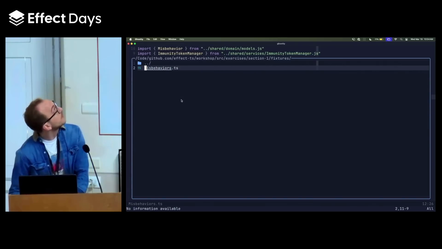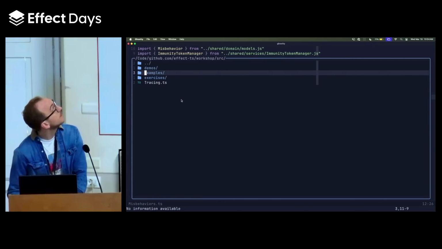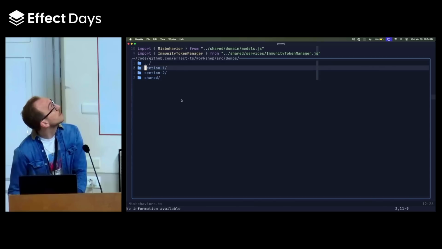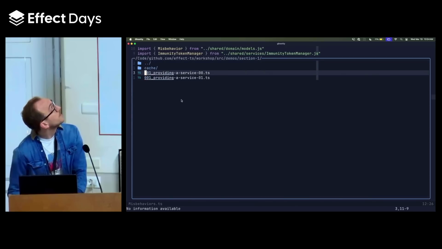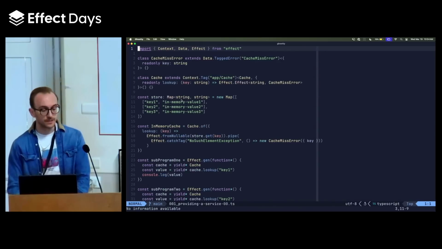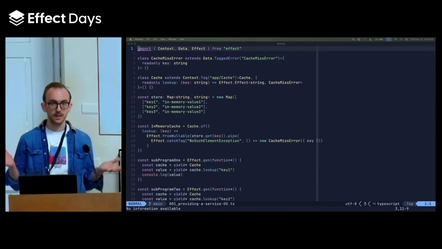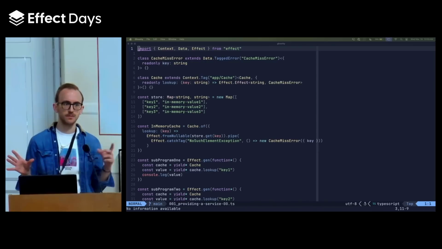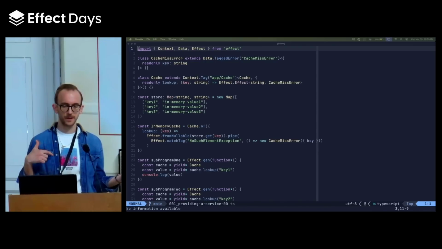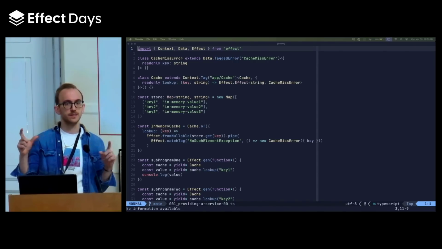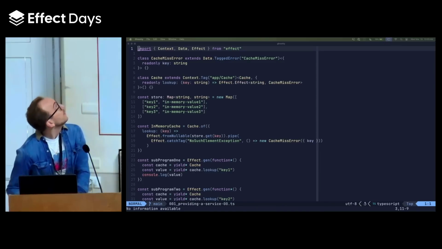So we're going to take a look at a demo, which you guys also have access to, all the demos. There's only 2 in my section, but we're going to first take a look at providing a service, like a single implementation to the entire application. And then we'll talk about, in the second demo, what I meant by you can provide different implementations to different parts of your program. So here,